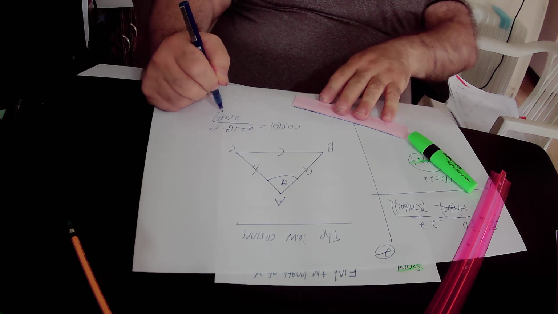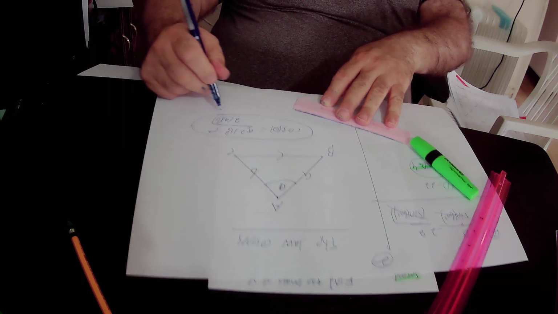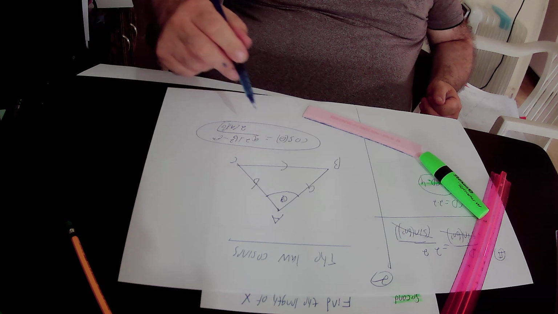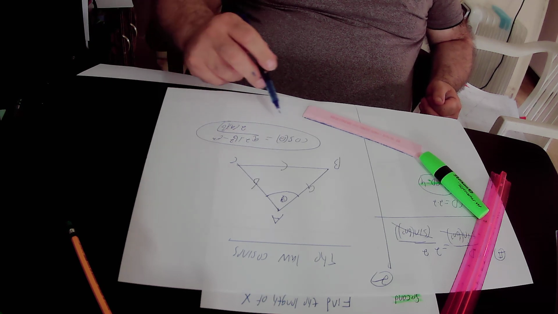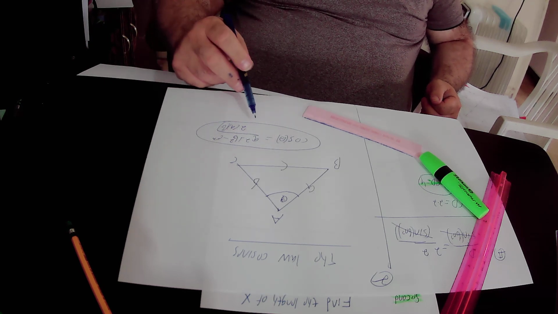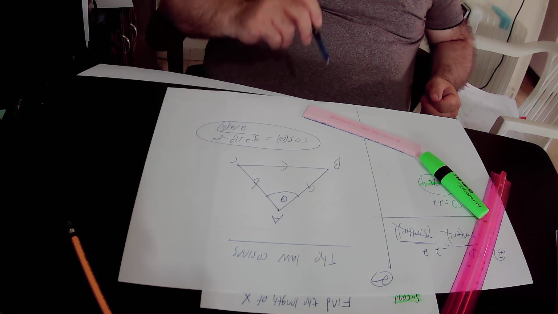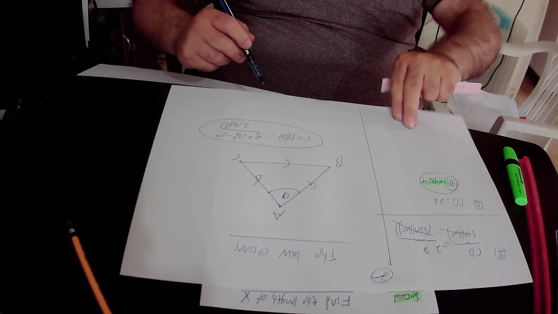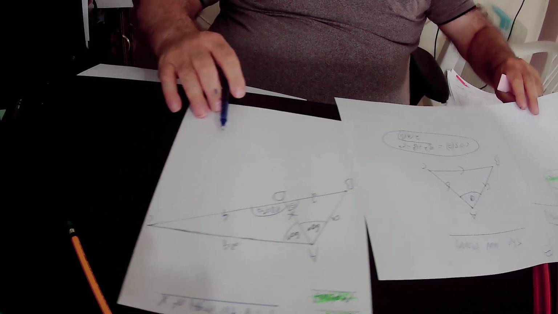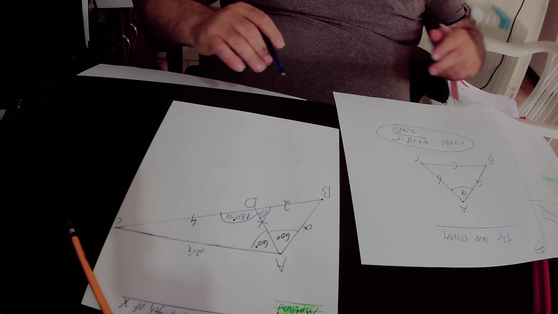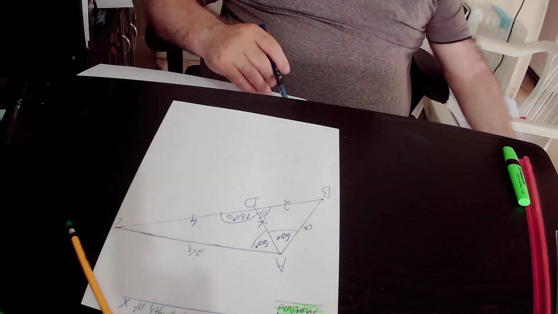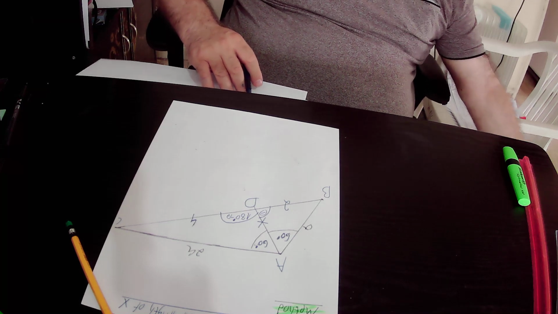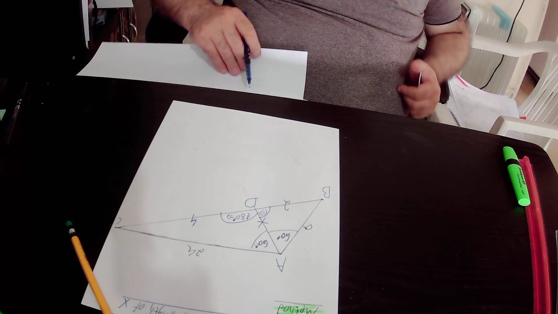In any triangle, according to the law of cosines, cosine theta equals A square plus B square minus C square over 2 times AB. We will implement the law of cosines in triangle ABC. Okay, so according to the law of cosines in triangle ABC,